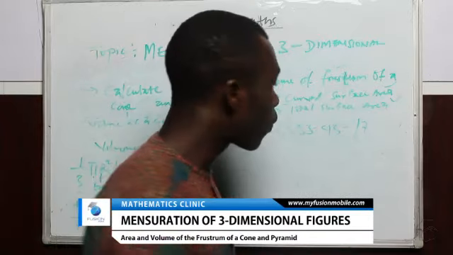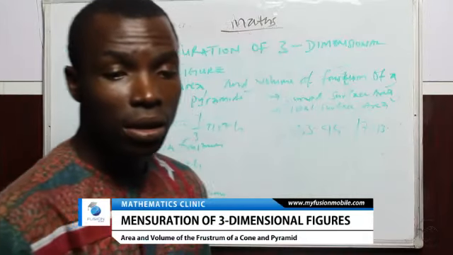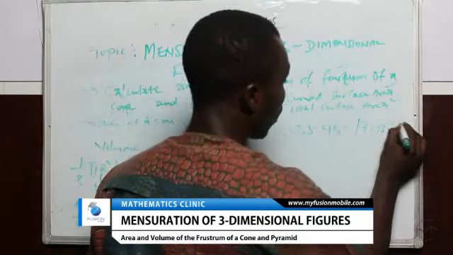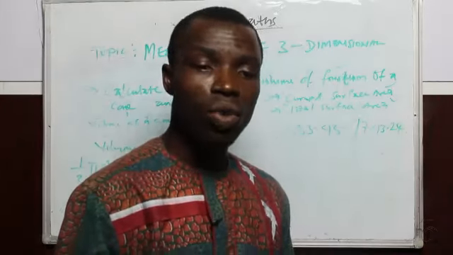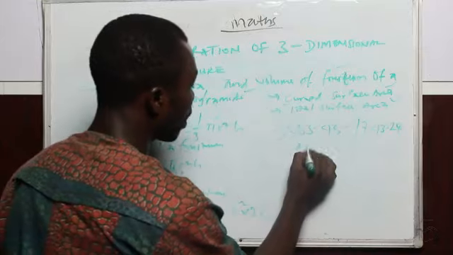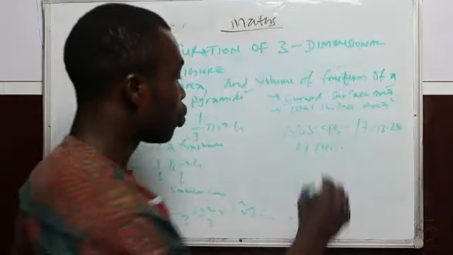Check your calculator. Let us be accurate. So when we minus it, what is our answer? 4,140.2